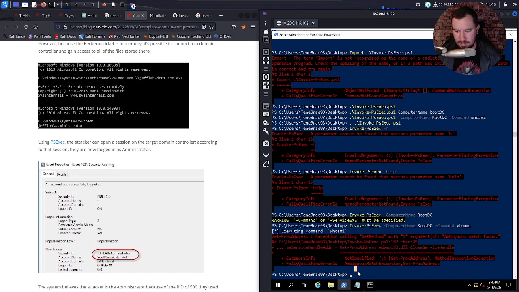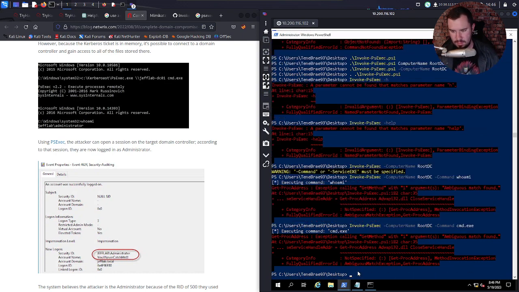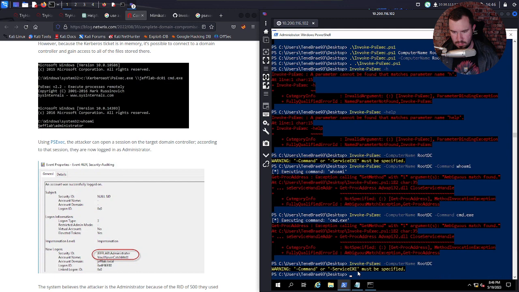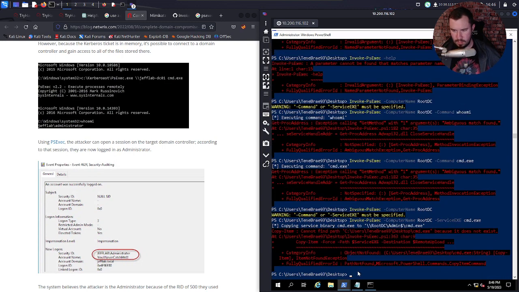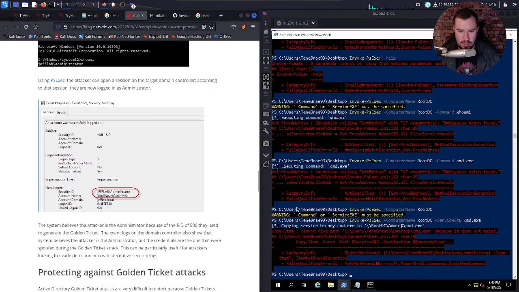Can I just launch cmd.exe? Well, no crap, it doesn't exist. Oh, that's a copy it.